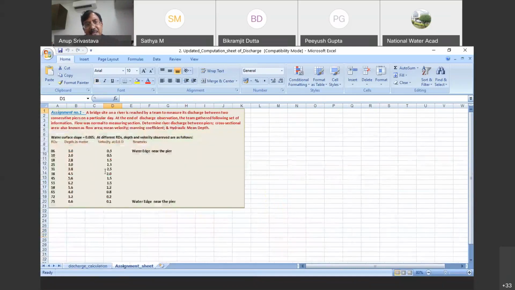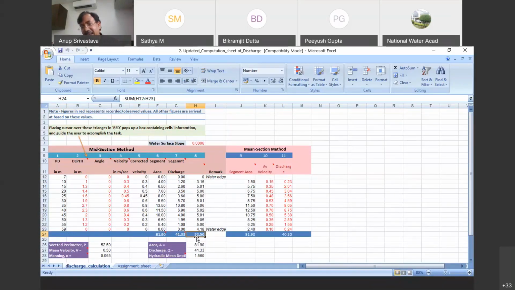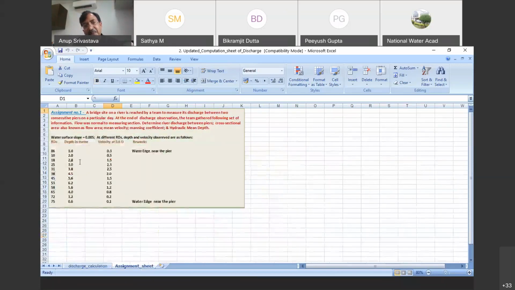But in the assignment, we have given these two verticals at either end a certain value. That value we have to add in the total weighted perimeter. So suppose you are getting something here as the weighted perimeter value in that assignment sheet, you have to simply add this depth also, 1 meter here and 0.6 meter here. So whatever you are getting in your calculation sheet for this particular parameter, the weighted parameter, you will have to add